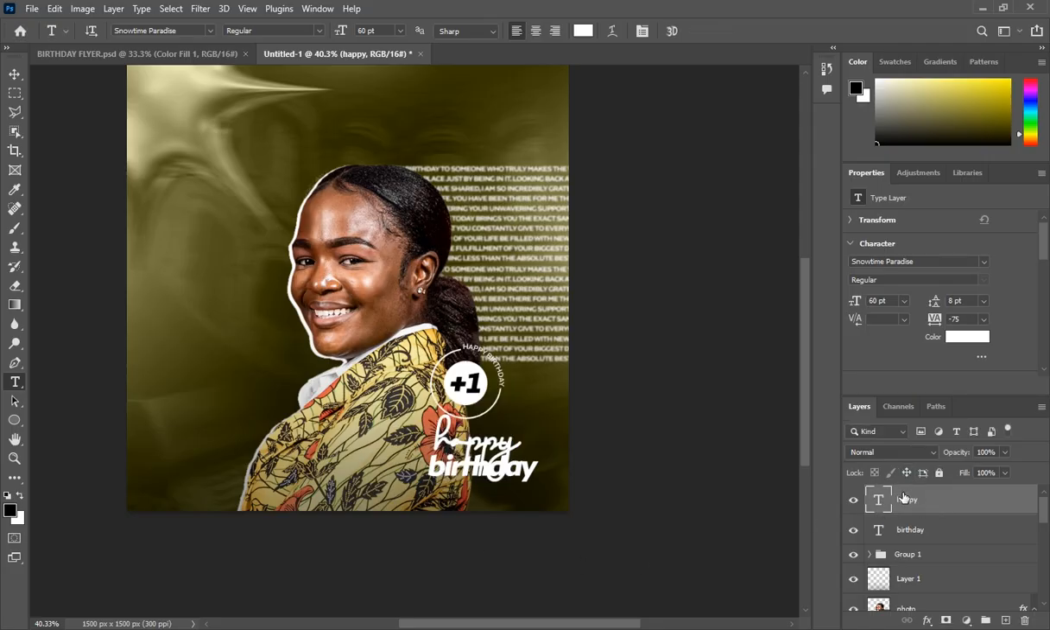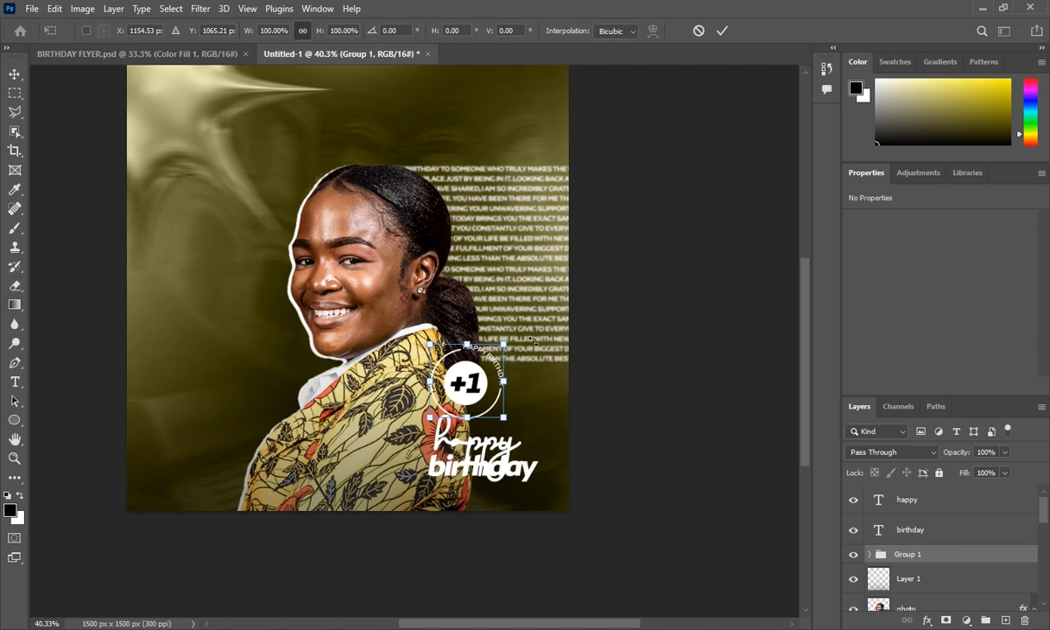Okay, so after doing something like this, and I think this shape is too big, so select the layer for group. It's just group 1 because I didn't name it. So just press Ctrl T and then let's reduce the size a bit. Yeah, so this is fine. Make sure that it aligns with the happy birthday. All right,